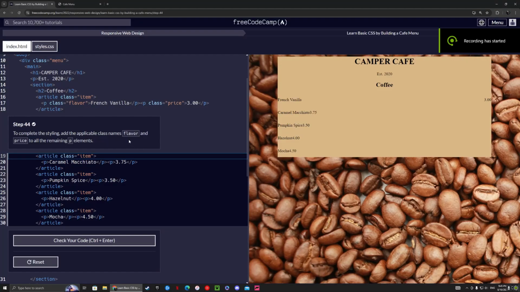Okay, so we are almost done, or halfway done, I should say. We're at step 44, and we need to add the class names flavor and price to the remaining p elements. So flavor, okay, so we're gonna say class equals flavor,